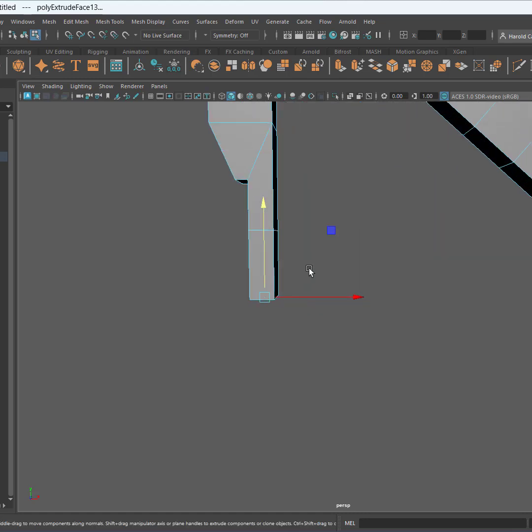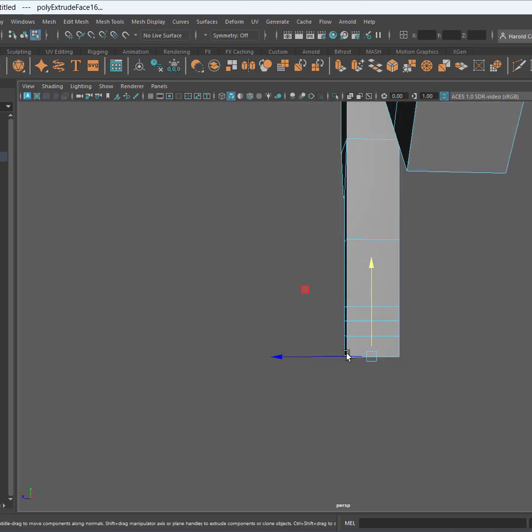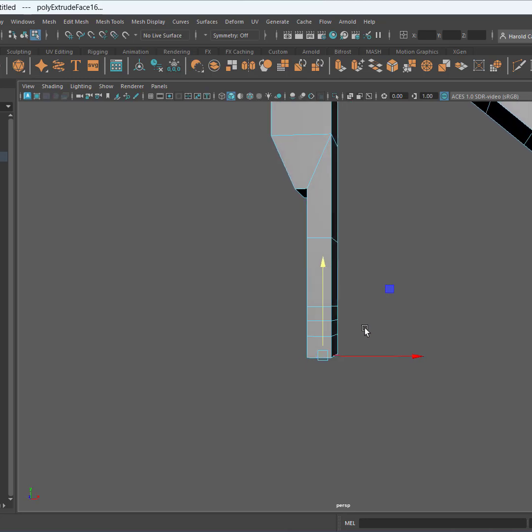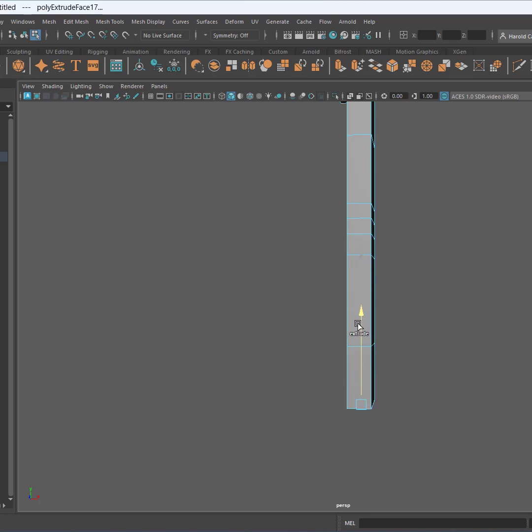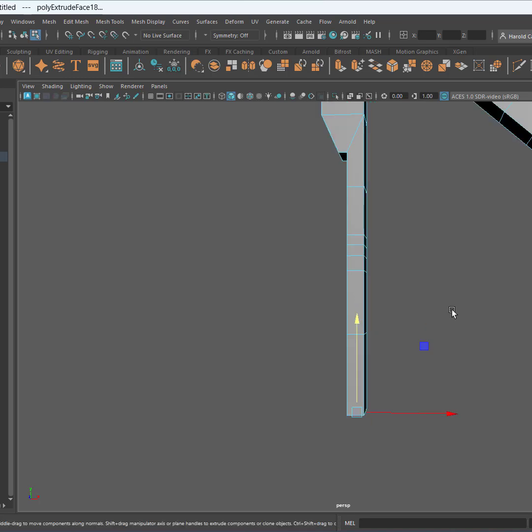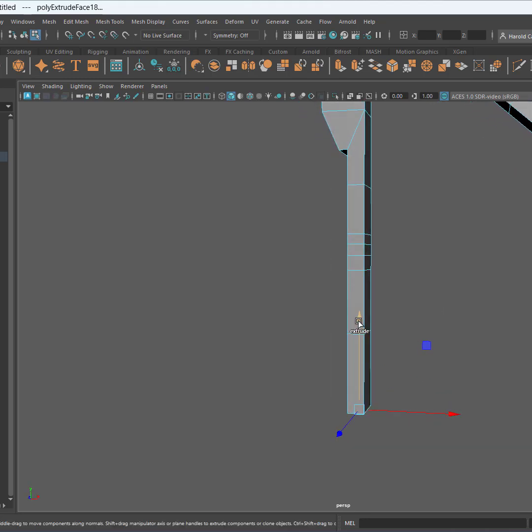So this is going to be the thigh part, and of course I'll just add 1, 2, and 3 for the small ones for the knee, and then I'll hold Shift again once more for the leg or the calf area there, and then just one more for the ankle,